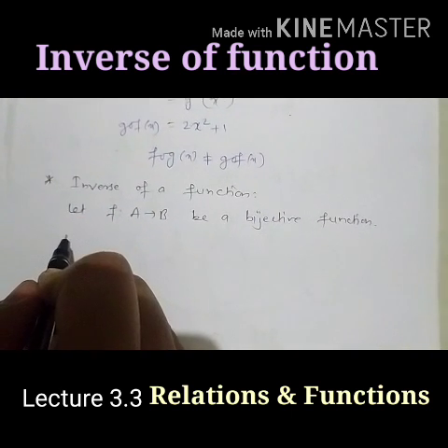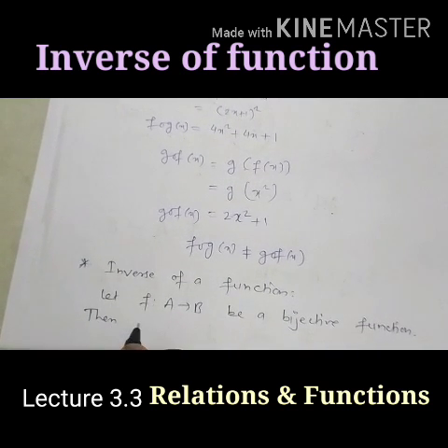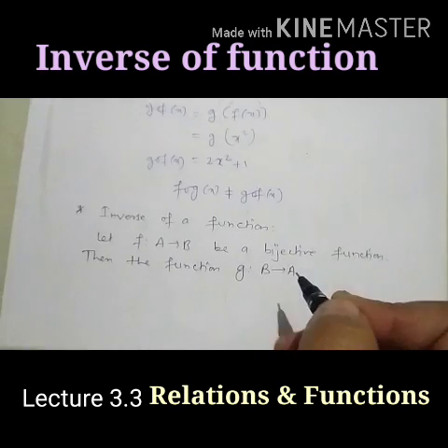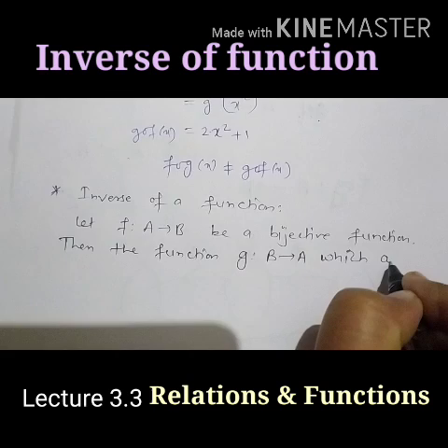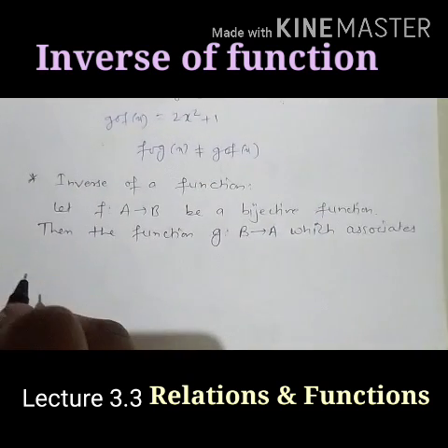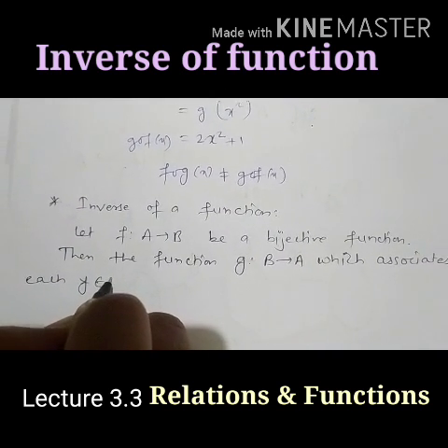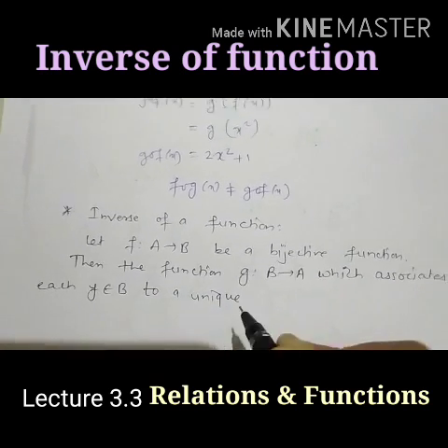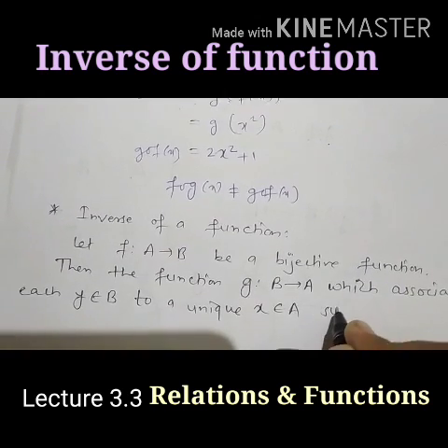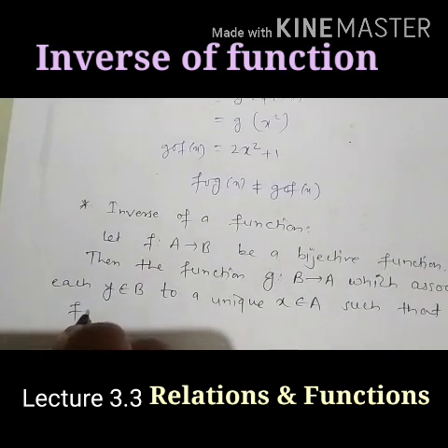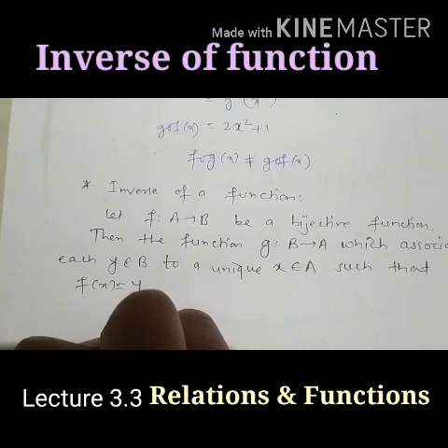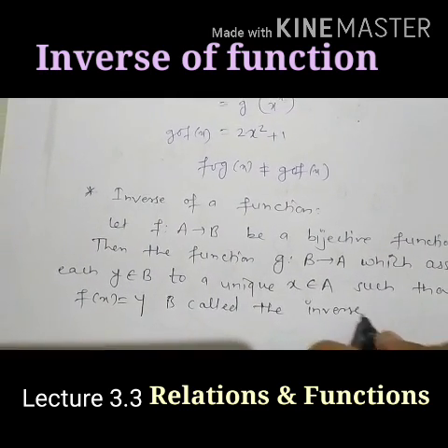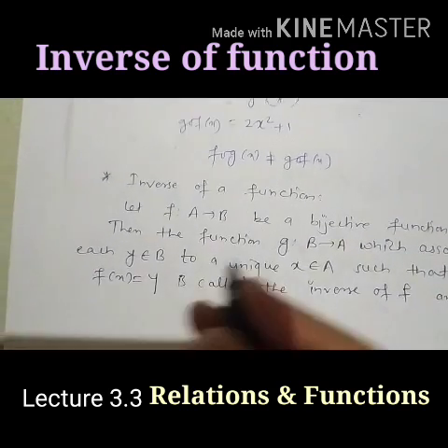Now then the function g from B to A which associates each y belongs to B to a unique x belongs to A such that f of x equals y is called the inverse of f and is denoted by